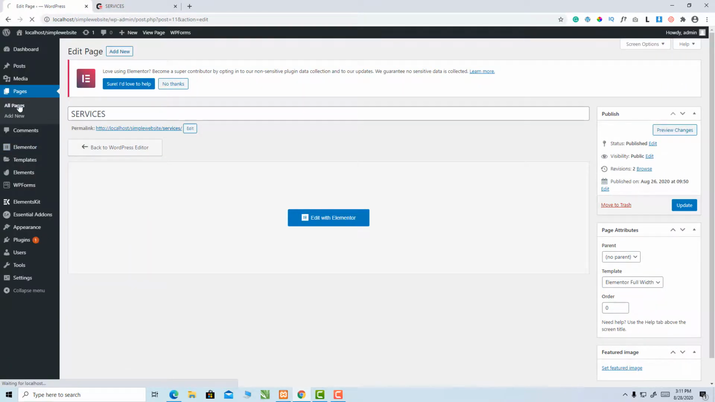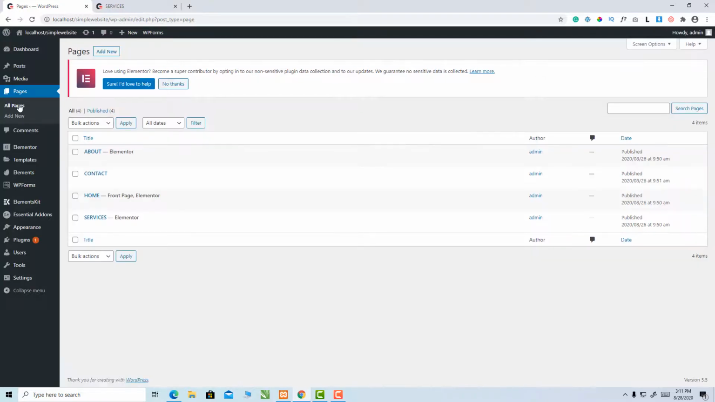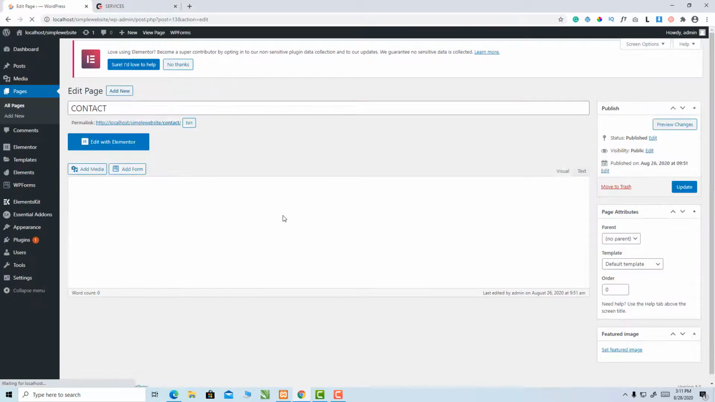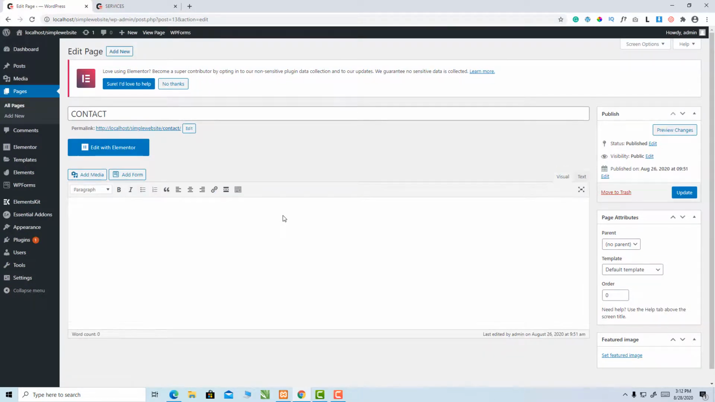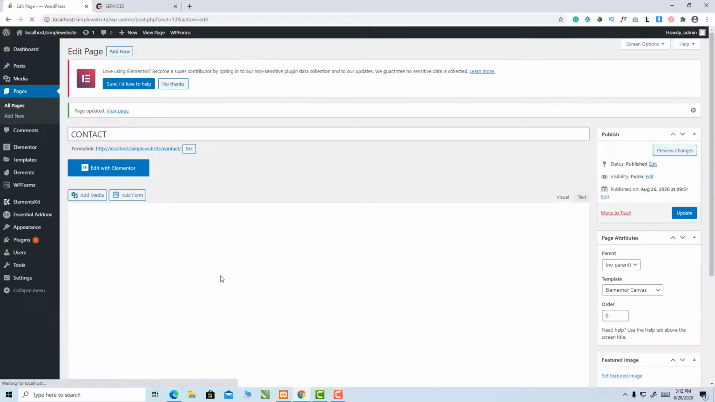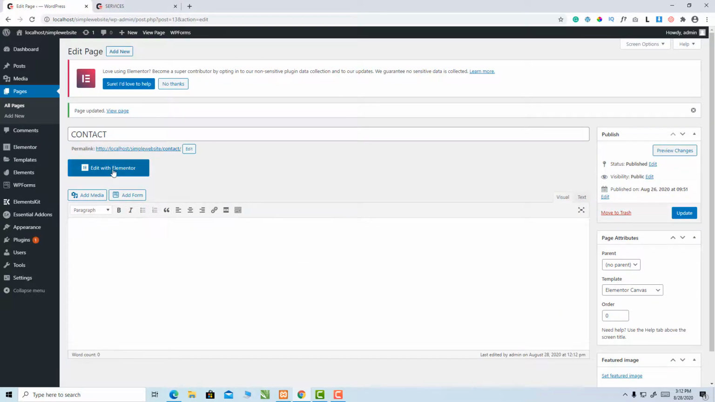So I'll click here on all pages, and then I'll come here to contact. I'll click on edit. Then from here I can click here, and then I will say Elementor Canvas, then I'll update, so that later on we don't need to edit something again. So from here we click edit with Elementor,